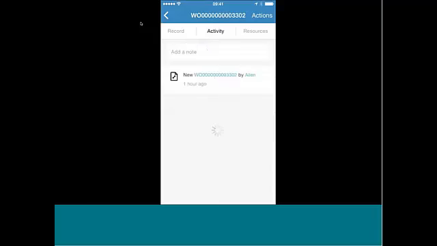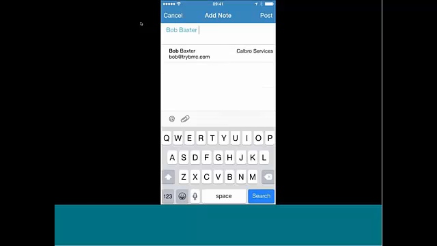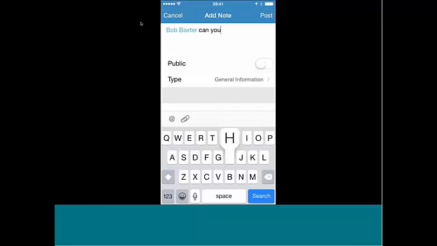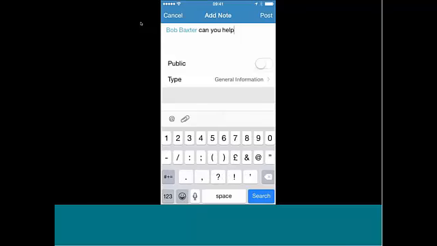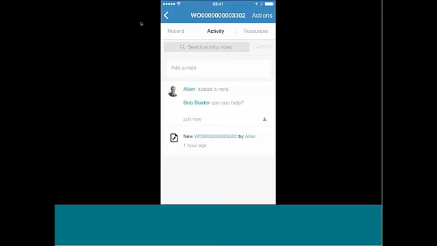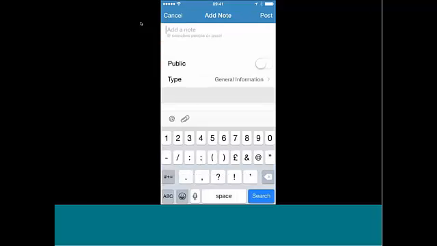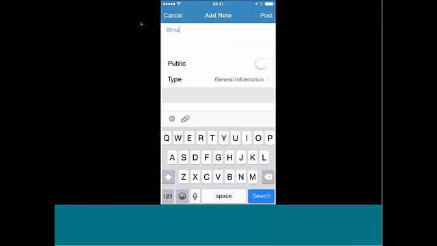That even includes the ability to collaborate with my teammates. So perhaps if I wanted to bring Bob into a conversation, I can pick Bob and say, can you help? And the cool thing about that is that Bob will get pinged with a notification there. I can even talk to the customer. So on this one, Mary Mann was the customer. I can @Mary, and if I flag this as public and say I am on my way,